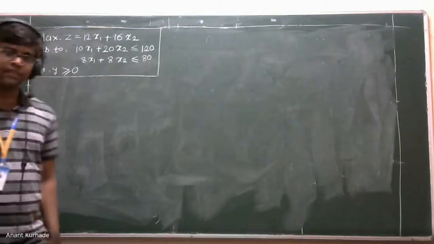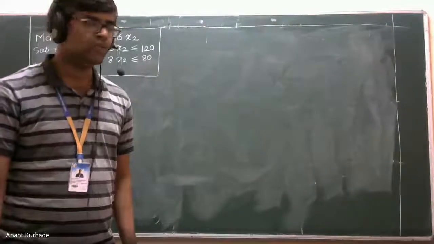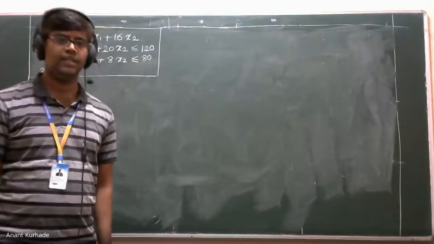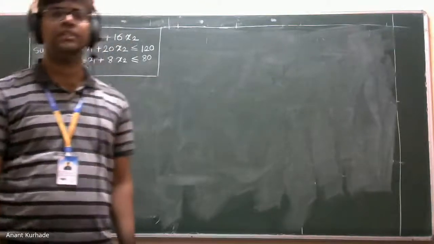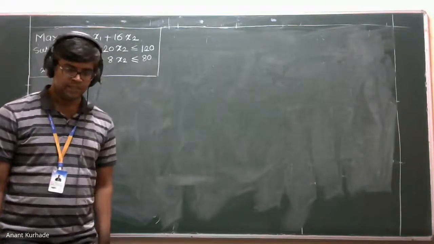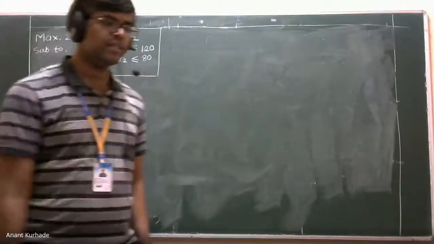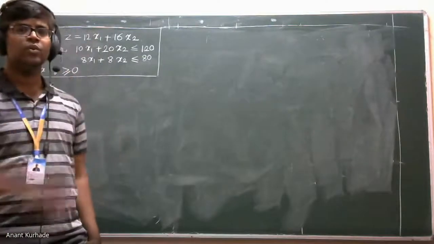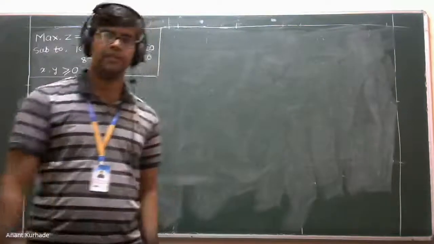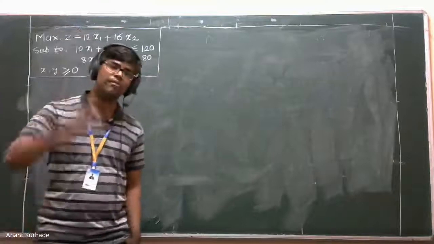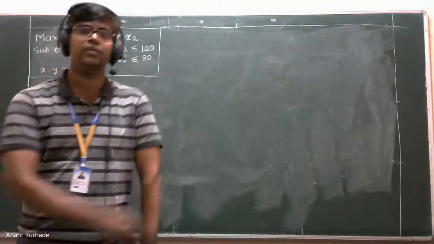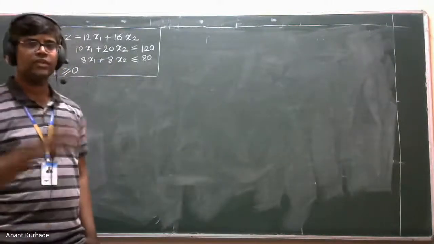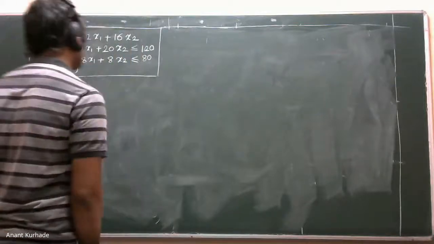Okay, and then we have studied the analytical method. I will ask you one question. What is the limitation of the graphical method? Yes, we have already discussed it. In the graphical method, we have only x and y, which means we require only two decision variables. If the decision variables are more than two, then it is not possible to solve that problem using the graphical method, so we can use the simplex method.